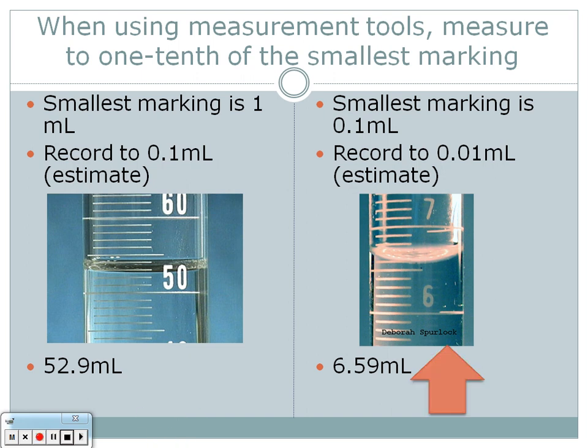If you look at this second graduated cylinder, in this case, there are 10 markings between 6 and 7, meaning the smallest marking is actually a tenth. So we're going to record to the hundredths place, and that hundredths place would be an estimate. We can all agree, again, that we've got 6.5. Some of you may say this is 6.60. I think it looks more like 6.59. But again, we're recording to that